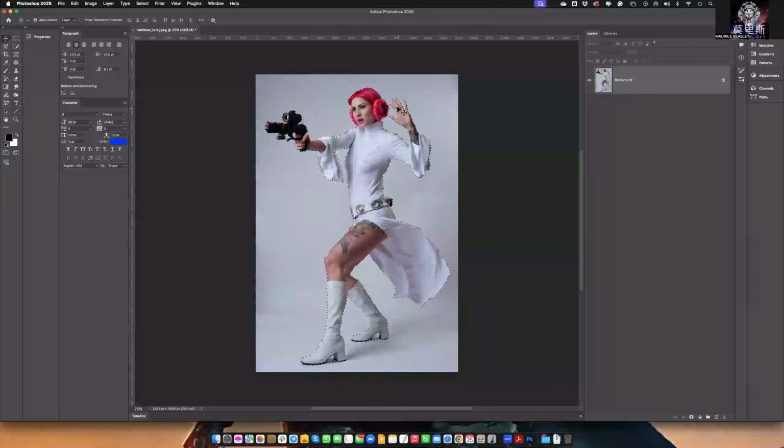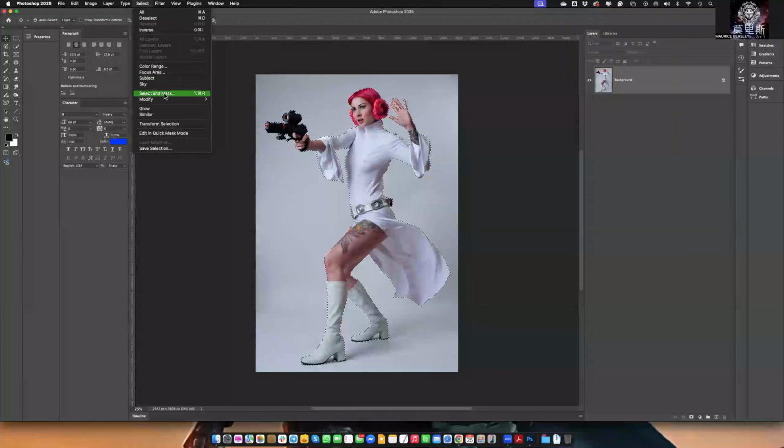I'm looking at the little grubby bits that didn't get picked up that well, but going around and looking around, it got around the belt, it got around the dress, got around the legs, got around the boots, actually. It did a pretty good job around the boots. It just didn't get right there at the heel. You see right there at the heel, it didn't get picked out, but that's okay for what we're doing with this. I'm happy enough because I'm not going to go too far down the rabbit hole with fixing a lot of things, but now I can move to the next step, which is going to